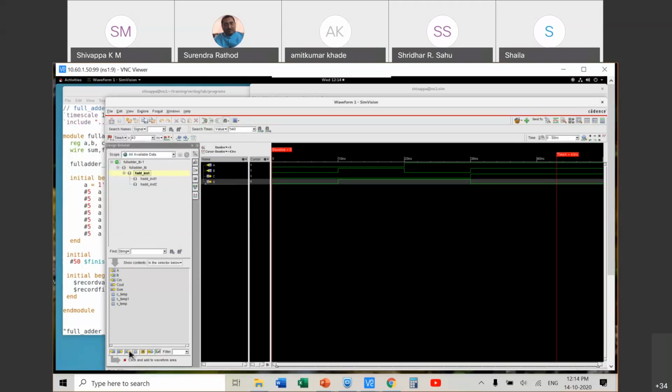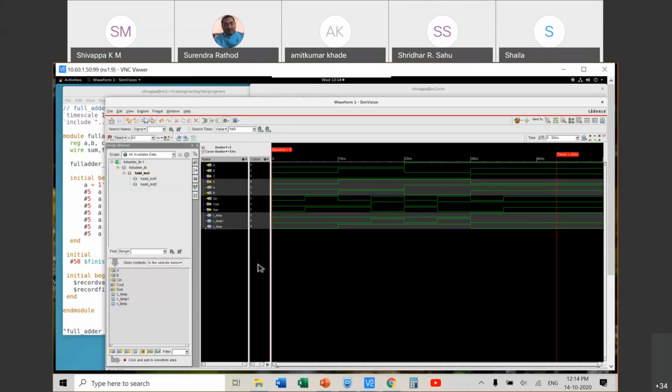Let me try internals. What should happen? See this? This hide internals is this one. Now, okay, only inputs, outputs, in-outs, and this internals. Okay, internal signals are the C temp and all that. So this is half adder thing, and then this is full adder instance. And this bit carry for a specific input, how half adder works,